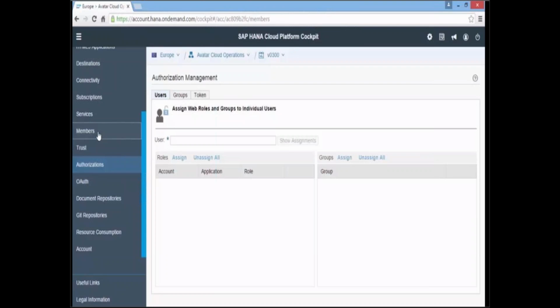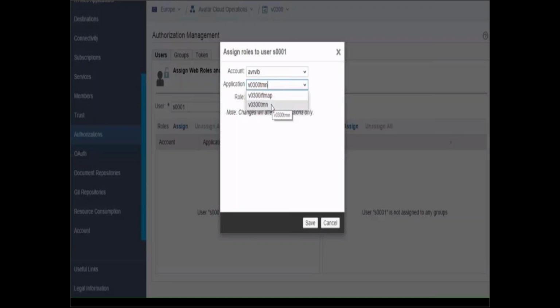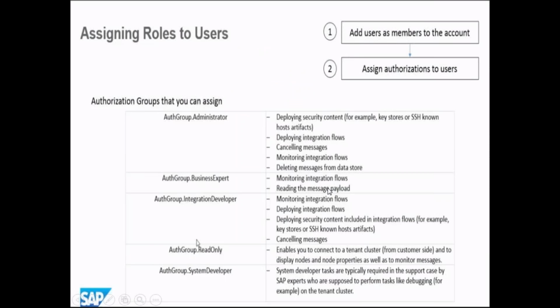Else you can go to this add a member to your HANA Cloud Cockpit, or you can add this to your roles to your HCI tenant. Okay, so again your account would be ABI VIBR. So you have the tenant management node. Under that tenant management node, you need to assign these roles against this name. So these are the fixed roles which are already there in the HCI.